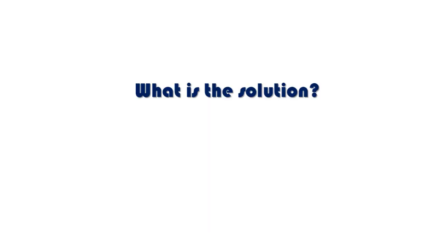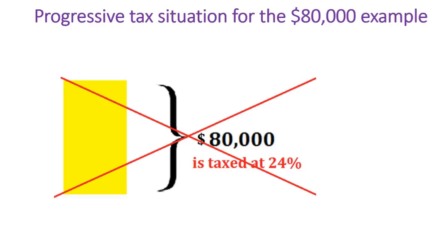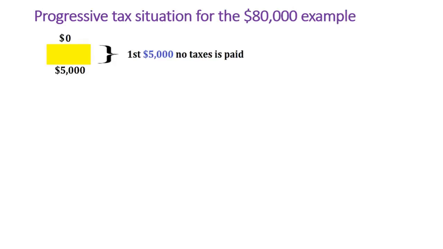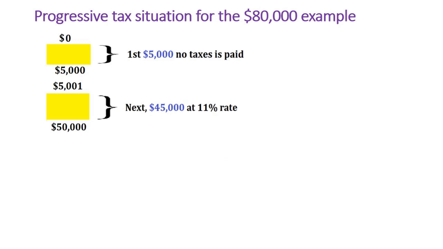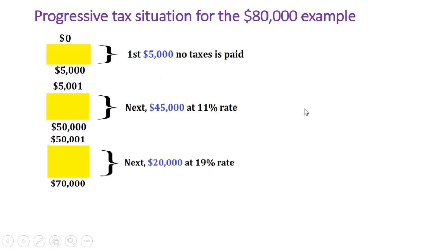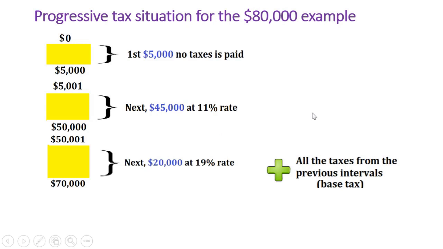What is the solution then? How do we solve this problem? Definitely, we cannot just use the simple VLOOKUP. So we need to devise a solution. The solution is to use what we call a base tax. A base tax is all the taxes from the previous tax intervals. So for example, in our 80,000 example case,